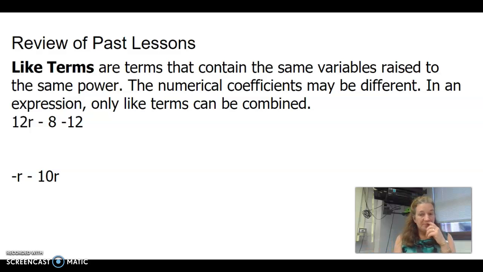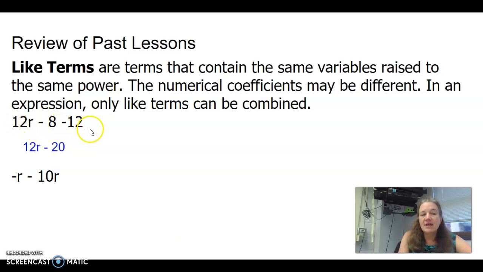Like terms are terms that have the same variable raised to the same power. So x and x would be like terms. X and x squared are not like terms. It doesn't matter what number's in front. The coefficient, which is the number in front, can be anything. It can be negative, it can be a fraction. It doesn't matter. So looking at this one right here,